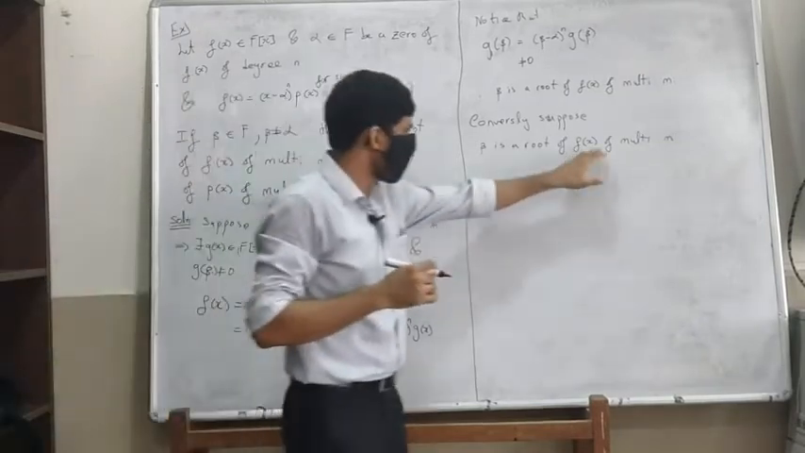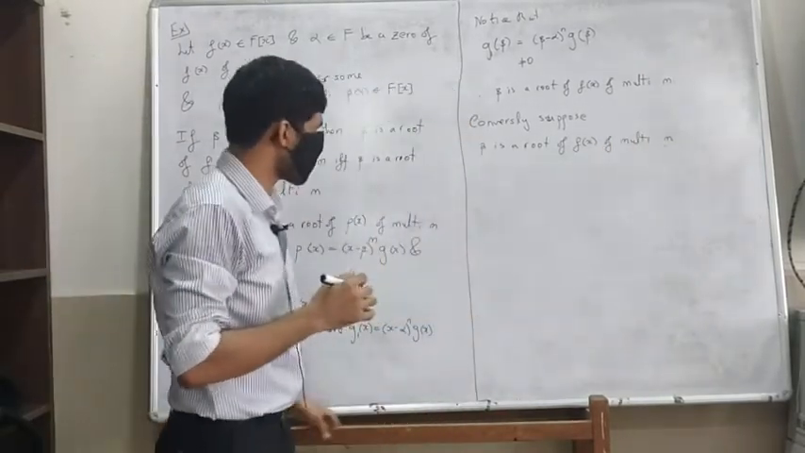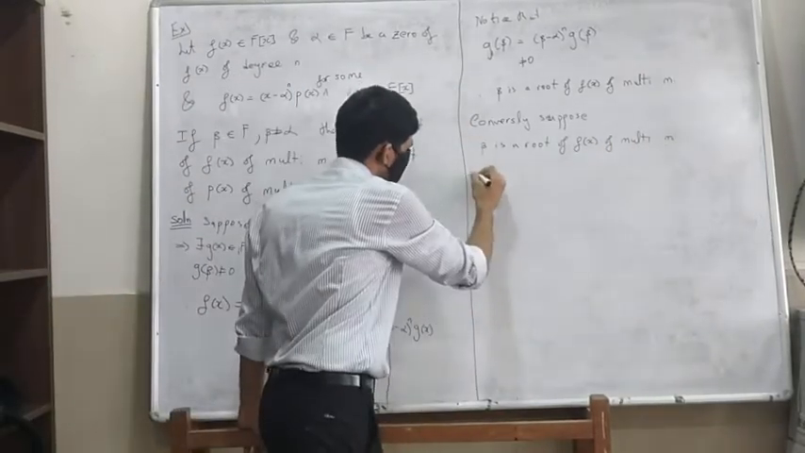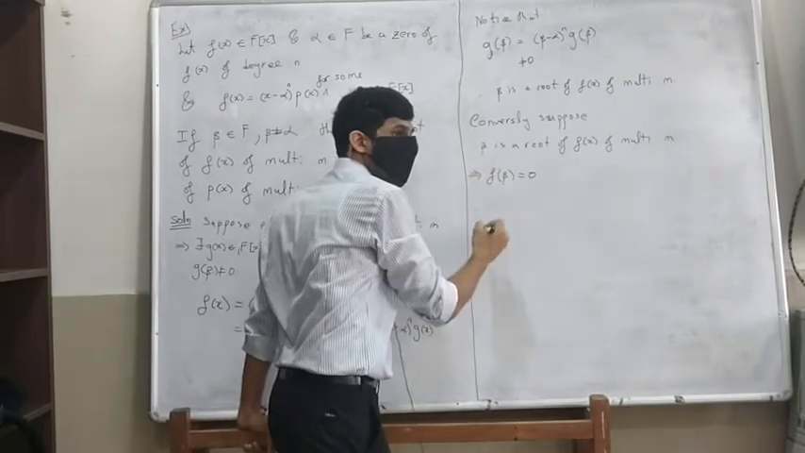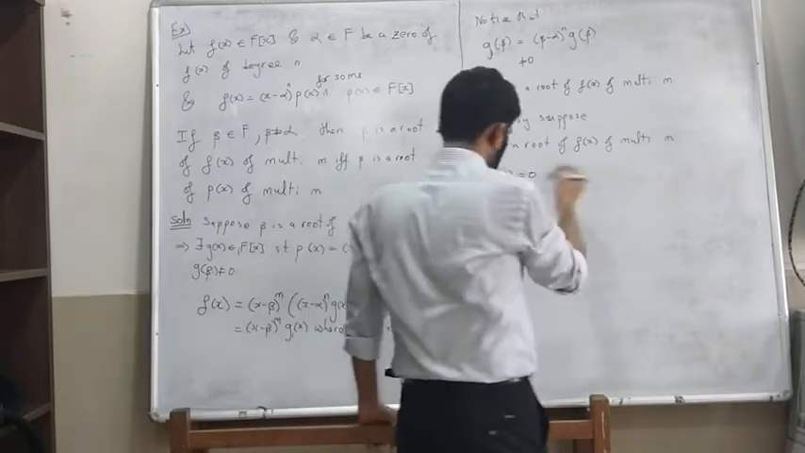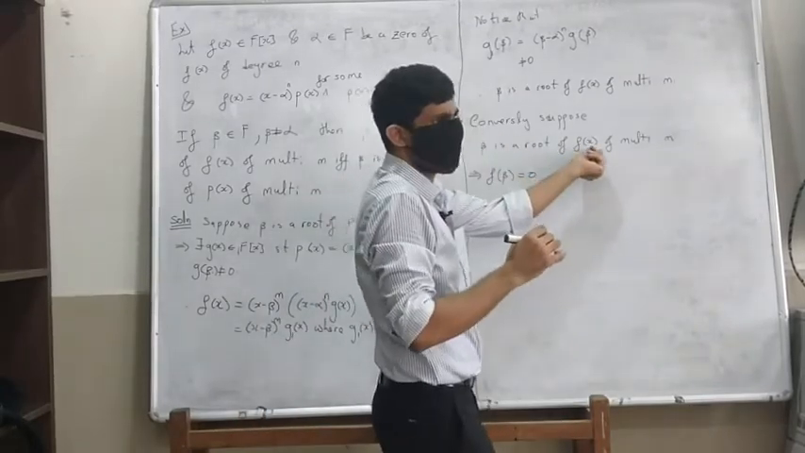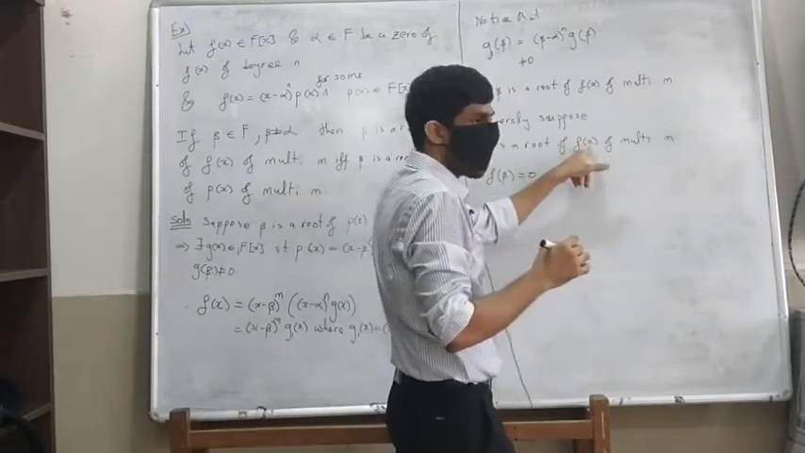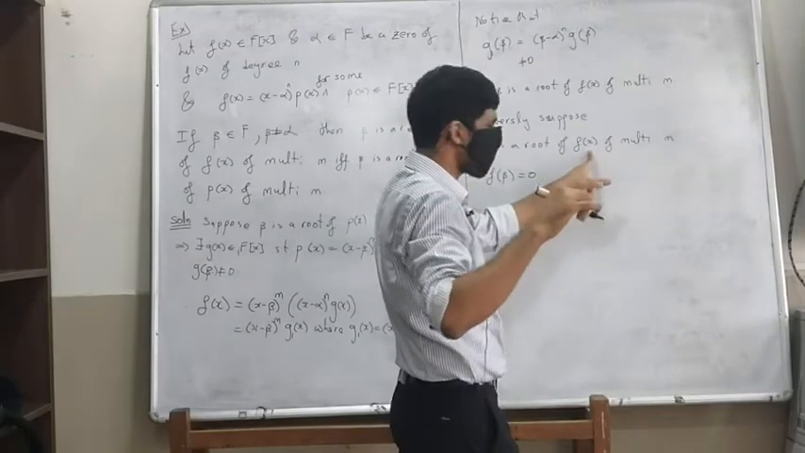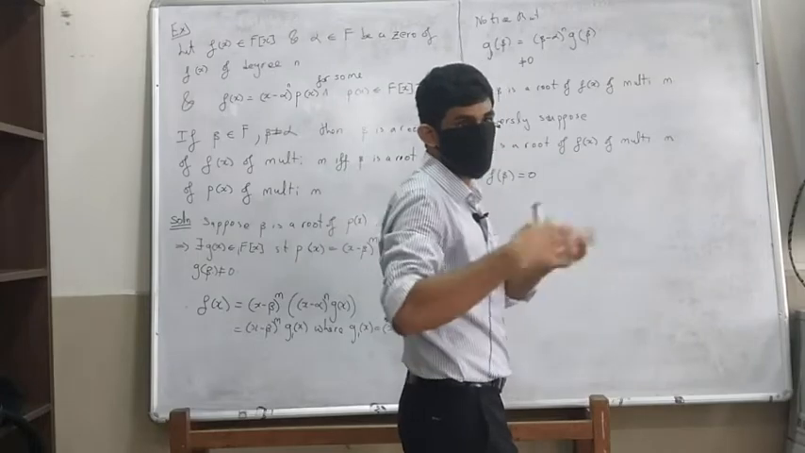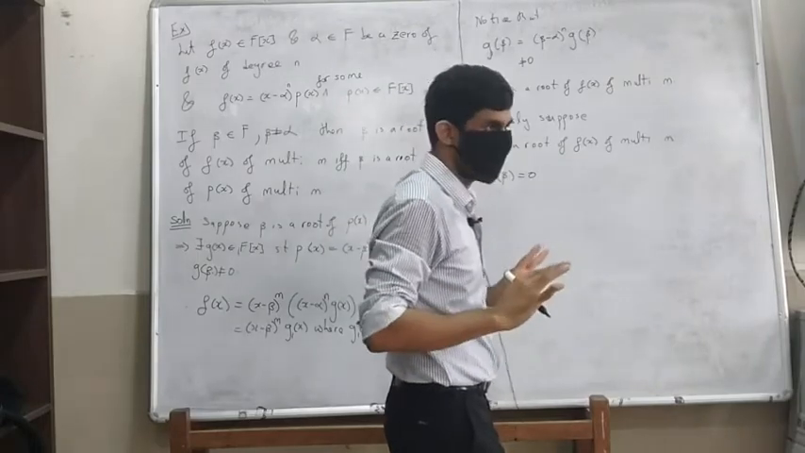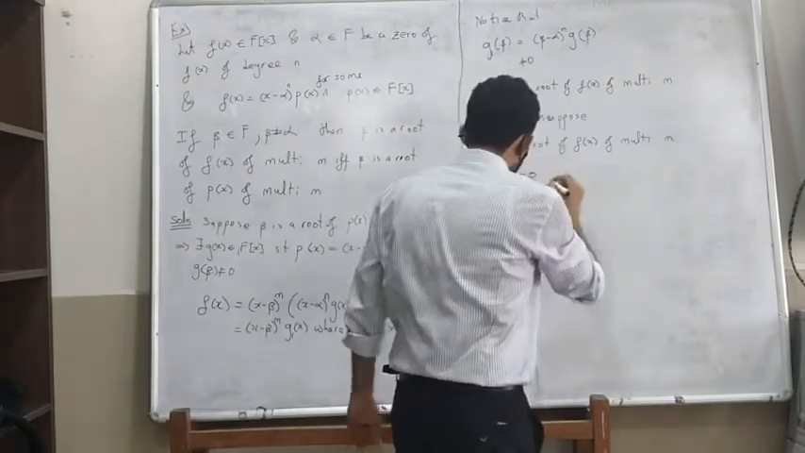Okay, so suppose beta is a root of f of x of multiplicity m. What will this mean? This means that f of beta is 0, right? That's because f of x can be written as x minus beta raised to m times p of x. You substitute beta in that place, you're going to get 0. Okay, so therefore this will happen, which will mean that,